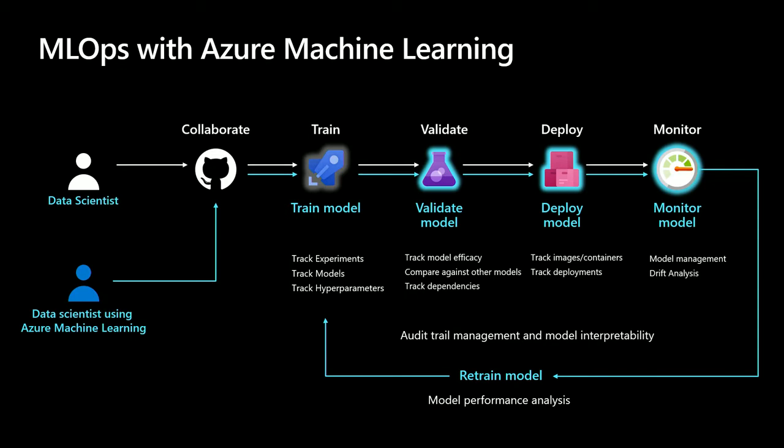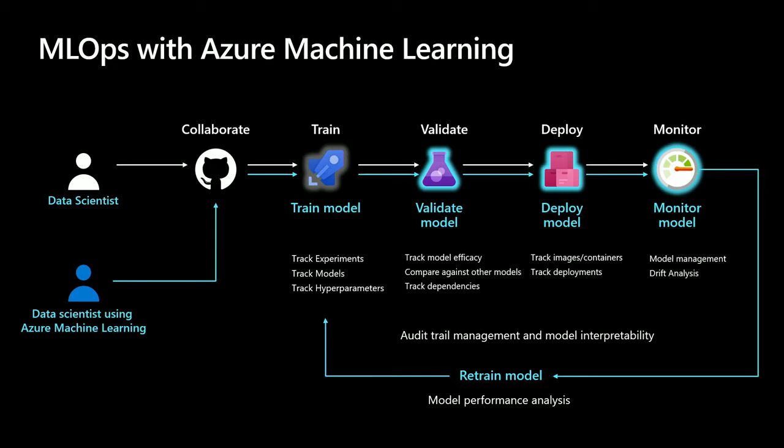And what Azure Machine Learning does is that it has an MLOps pipeline, which is the strength of Azure Machine Learning, where you're collaborating using code in GitHub, and then for training you're logging your experiments in Azure Machine Learning. Once you log your experiments, you can then push the models to a model registry. You can validate your models before you promote a model to production: is this model that you've generated really something that works? So you compare the models to production, and then figure out whether the model that I've built is something that I can really push to production.